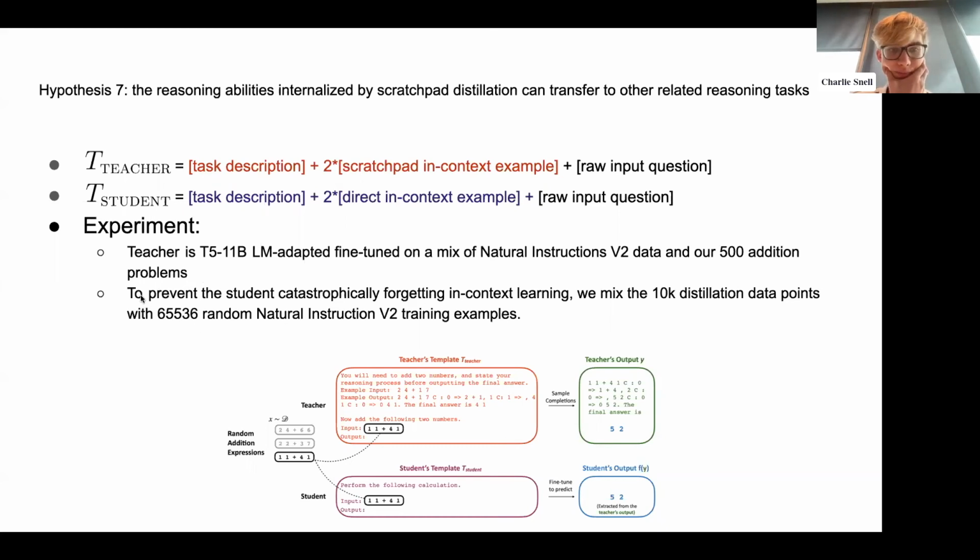And then when we distill the student, in addition to just training it to maximize the likelihood of the teacher's answer, we also mix in a bunch of random natural instructions data so that it doesn't forget its ability to respond to other prompts. This gets at the question from earlier about does it just learn the task being distilled, or can it also do other tasks? So if you mix in other data in a multitask sense, you can keep some of the prior abilities.